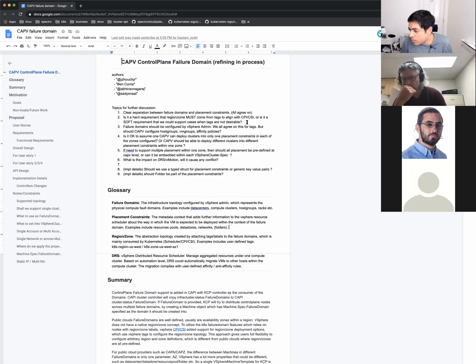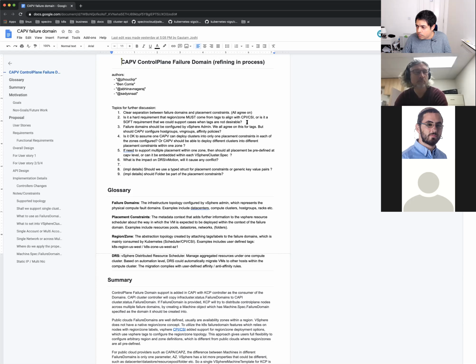But there are folks trying to cover other use cases, for example, mapping a compute cluster to a region, but different host groups into a zone. With that use case, one of the challenges we think we might have is there's no way to tag your host group. You can put tags on your compute cluster. You can put your tags on each individual host machine, but there's no way to tag the host group.